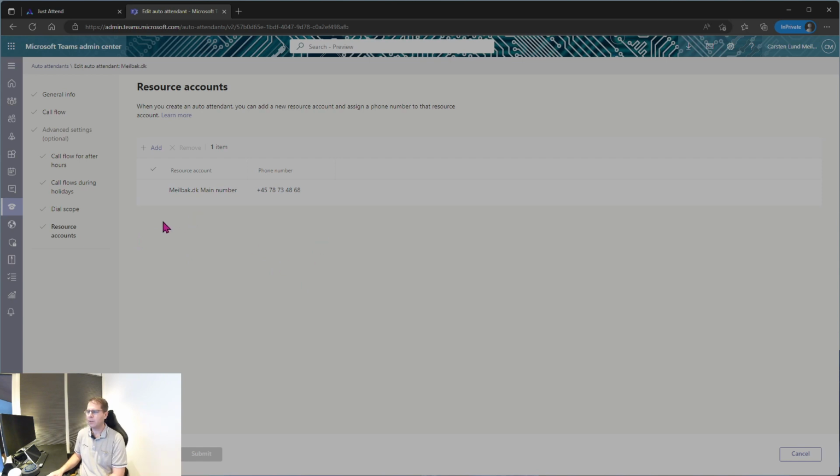So if you have an office in Denmark, Copenhagen, and you have another one in Munich in Germany and Barcelona in Spain, you can add the 3 numbers in here, and it'll hit the same auto attendant. Yeah, so you don't have to create 3 auto attendants and bind them together and so on. So this is done here. So yeah,